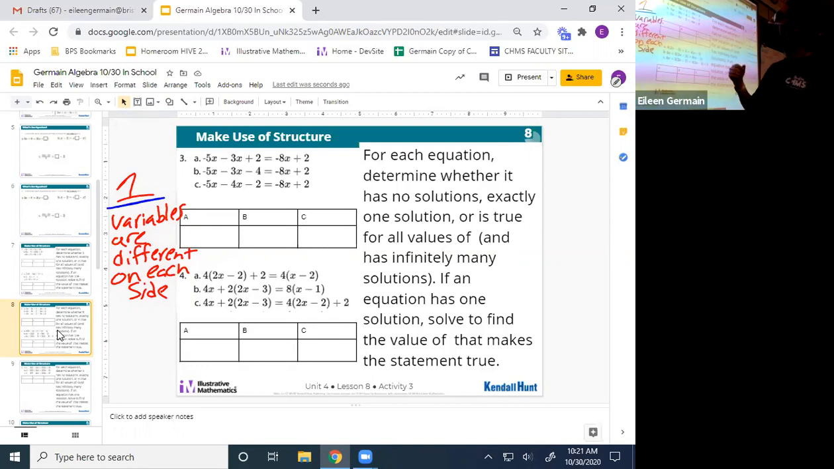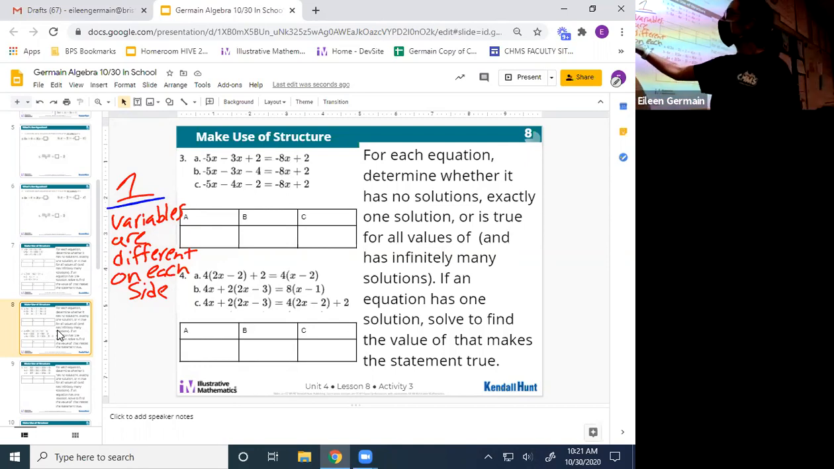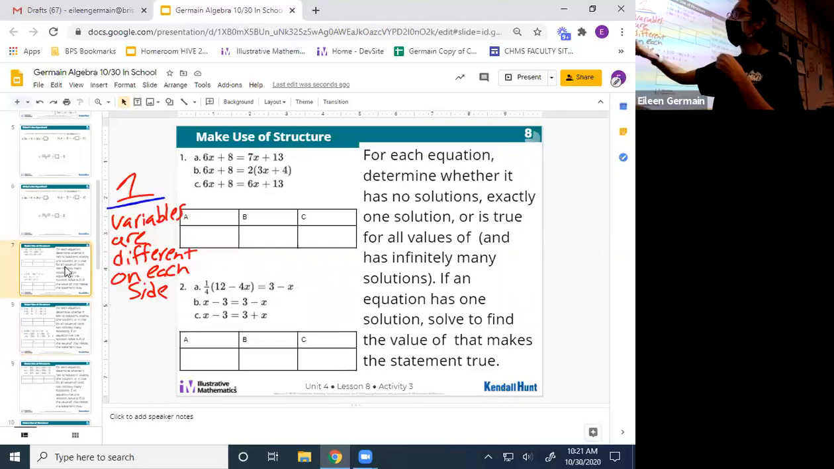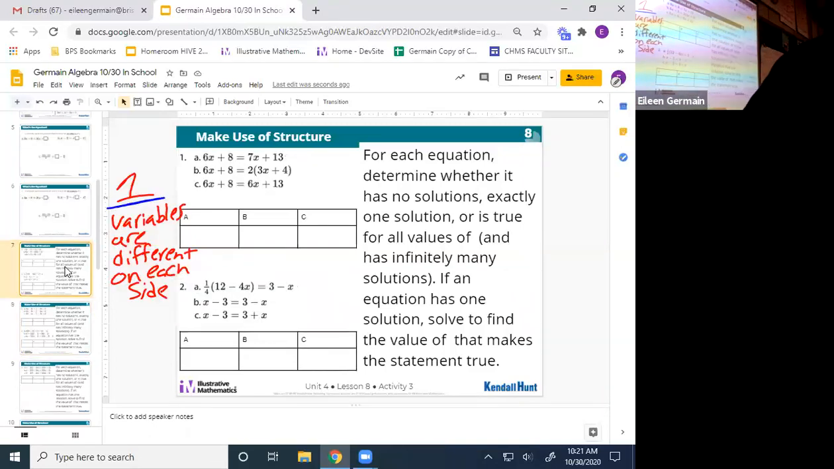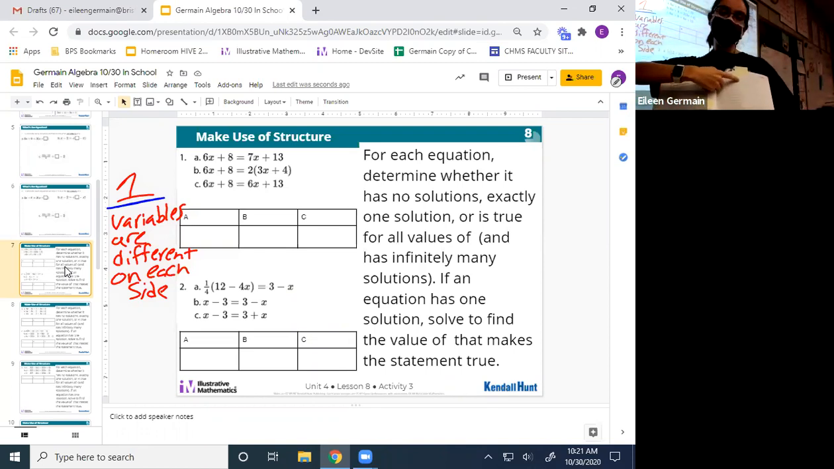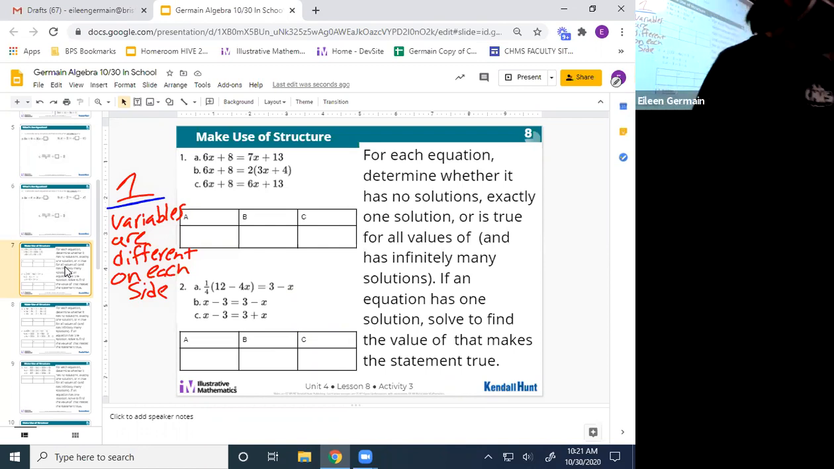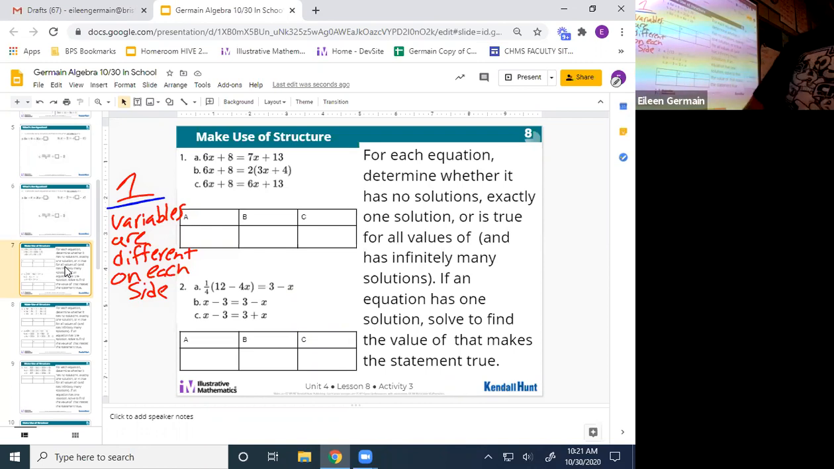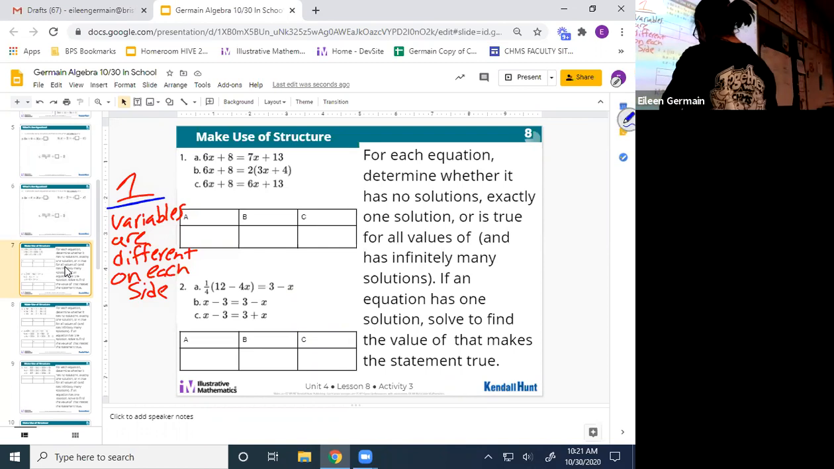Does everyone understand what I'm asking you to do? You're looking at 7, 8, and 9 if you're on the slides, or all of them in 16.3 in your textbook. If you're in your textbook, you can write next to each one the answer. Is it going to have infinitely many solutions, no solutions, or one solution? Throw questions in the chat if you don't understand. So your answers are going to be